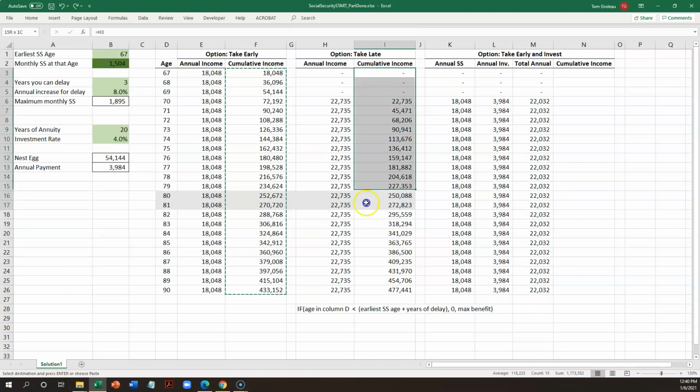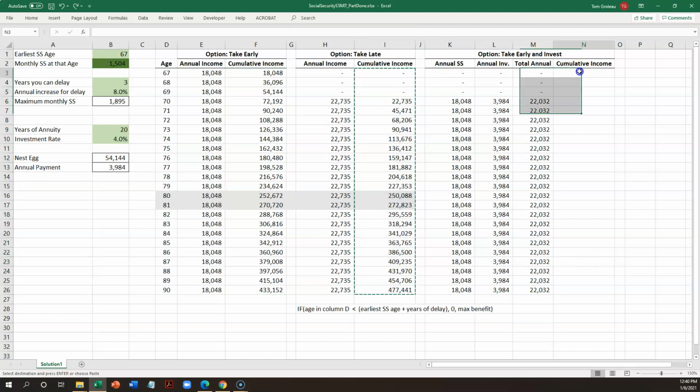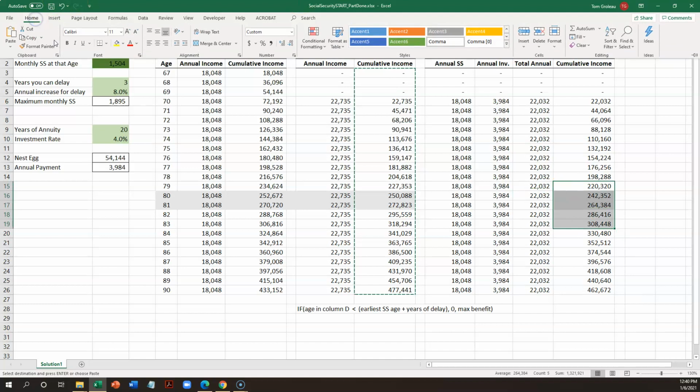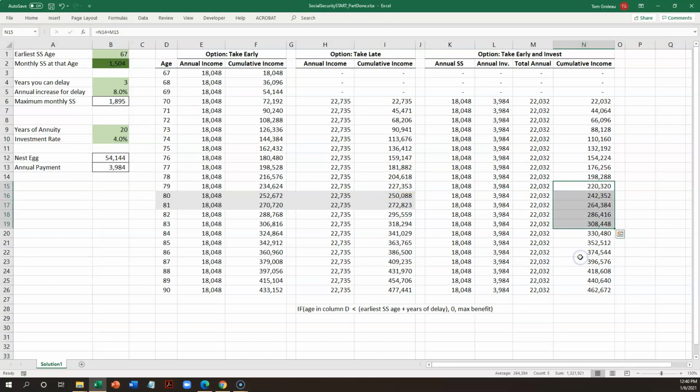Or if I copied I over to N, I get the same values. The formatting came along, so that highlighting gray came along. I don't want that,